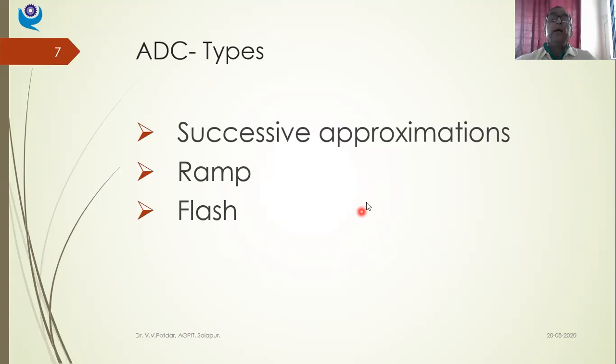Okay. We are going to study 3 methods of analog to digital conversion. First is successive approximation method. Second is ramp method of A to D conversion. There is one more sub method, an extension of ramp method, the dual ramp method, that will not be studied. Then the direct ADC or flash ADC. These 3 A to D conversion methods we will be studying in the next class. We shall stop for today.